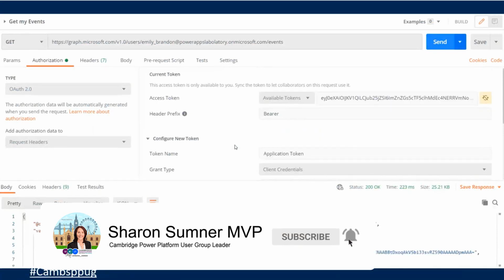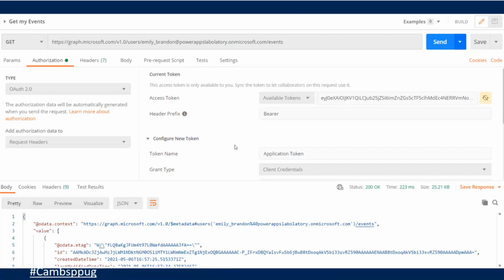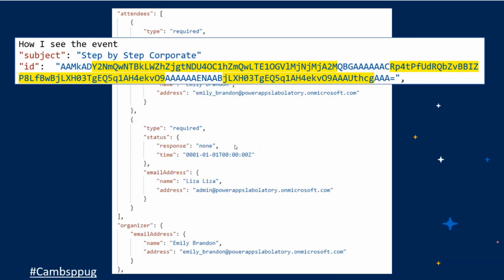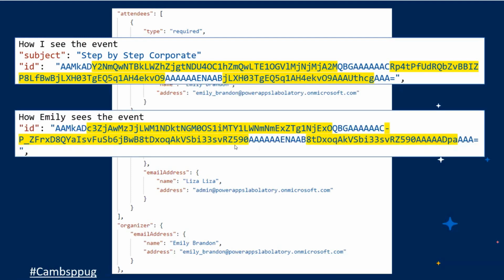And Emily has a lot of events, and she also created events that she shared with me. So we have one shared event. Here we can see the attendees, me and Emily, and the organizer was Emily. And here is how I see the ID of the event, our shared event. And here's the ID of Emily's